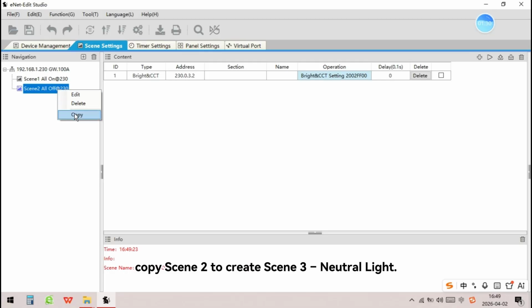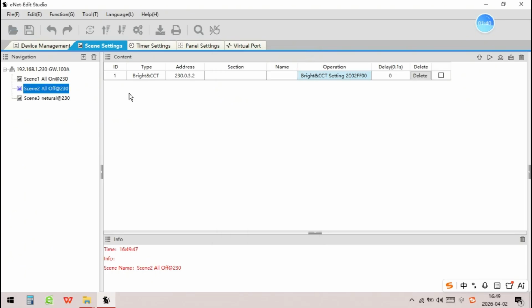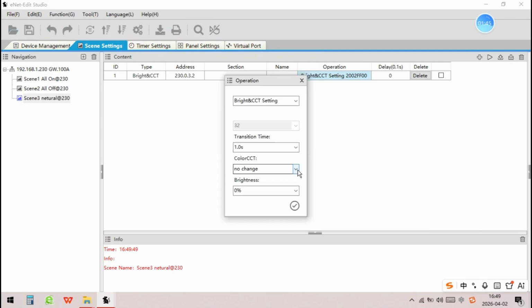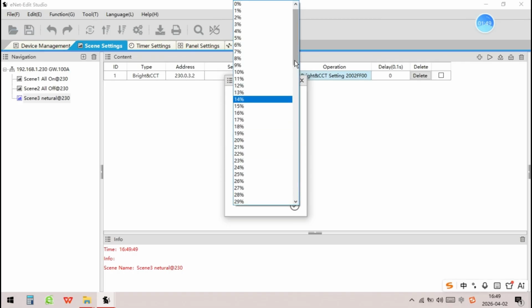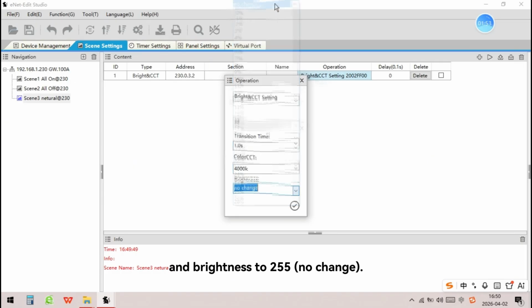Copy Scene 2 to create Scene 3, Natural Light. Set color temperature to 4000 K and brightness to 255, no change.